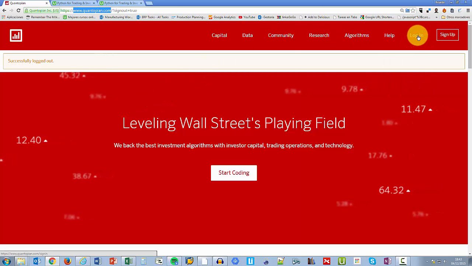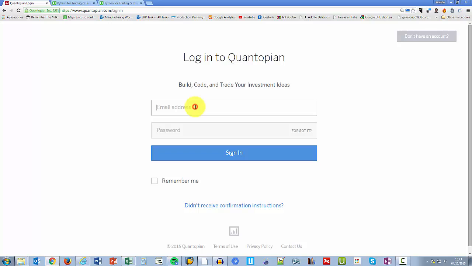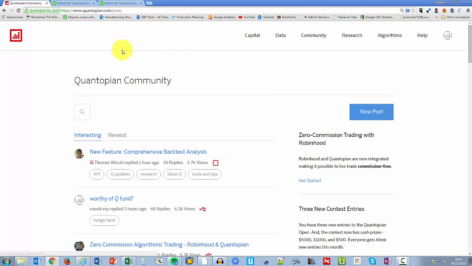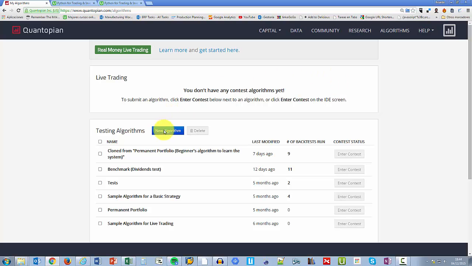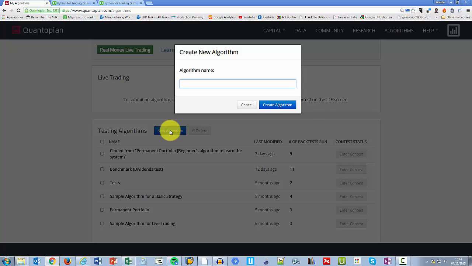So the first thing we have to do is sign up, and once we have signed up, just log in. Here we have a community with different comments about different strategies, and we can go to algorithms to see a very simple algorithm just to show how it works. So we can call it hello world,